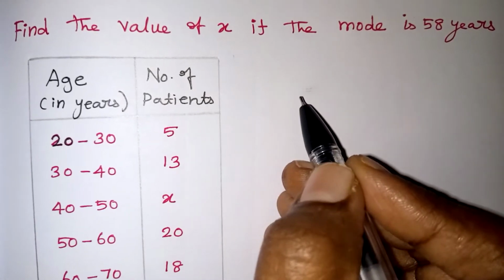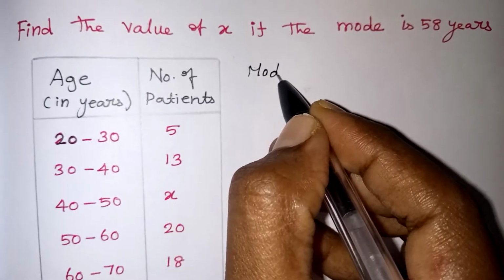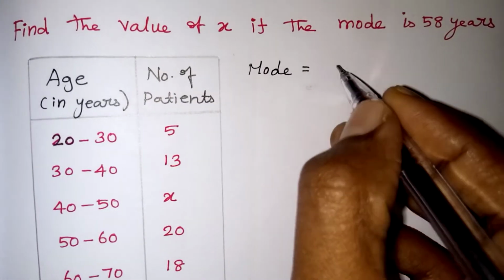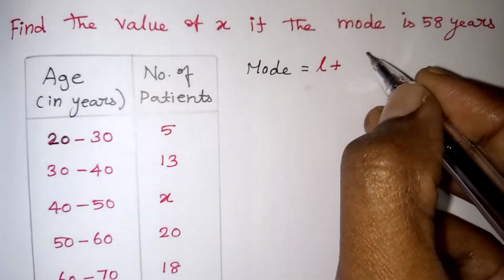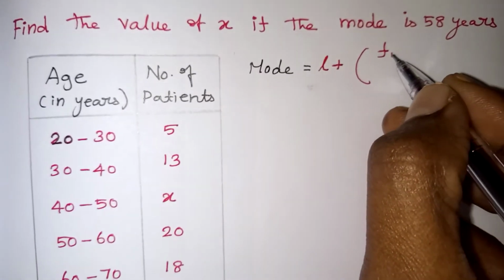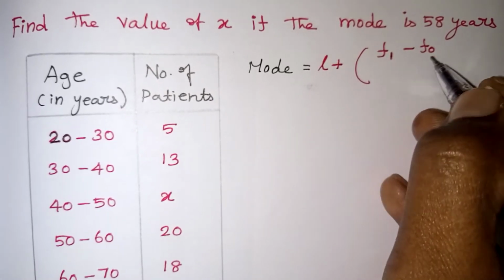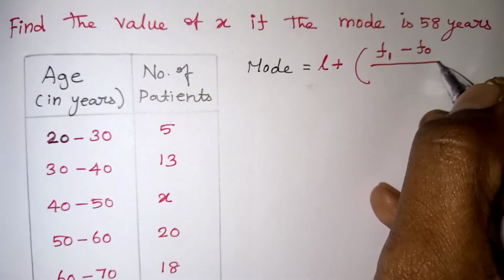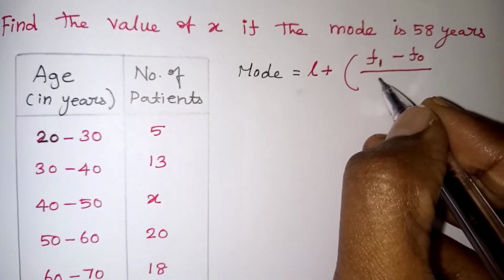Since the table and the mode value are given, first we have to start with the mode formula. We all know that mode is equal to, so easily we can remember it, L plus, that's the lower limit, plus. Everybody wants to be in first place, so write the F1 first. Then F1 minus F0. From 1 we can subtract only the 0. So you just write the 0. 2 cannot be written. So down also the same way. You write it in this way.